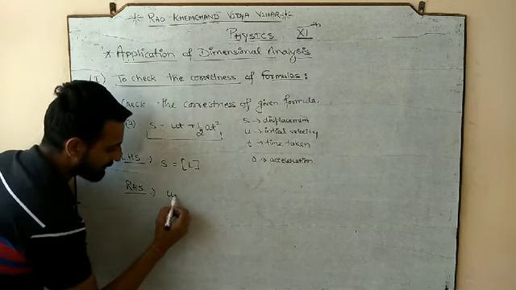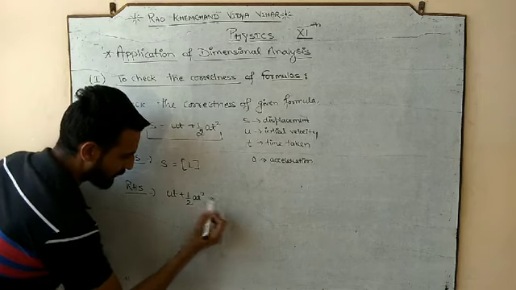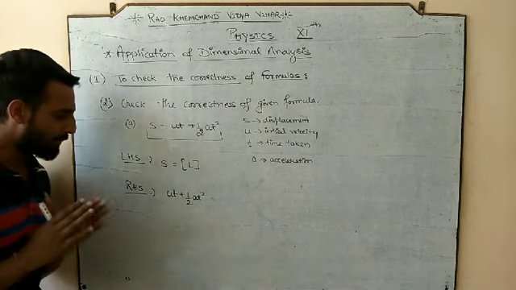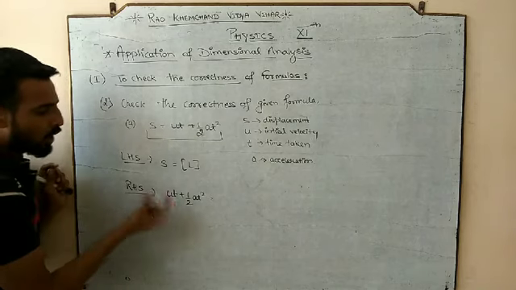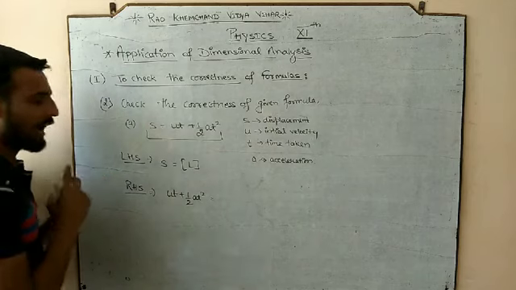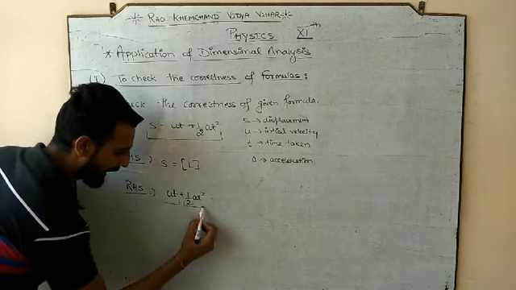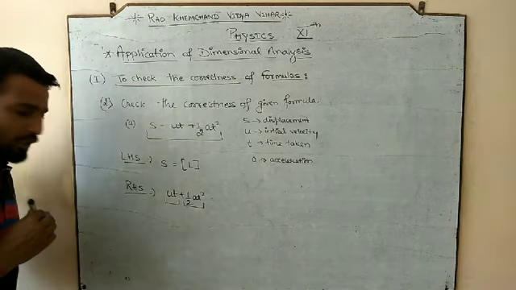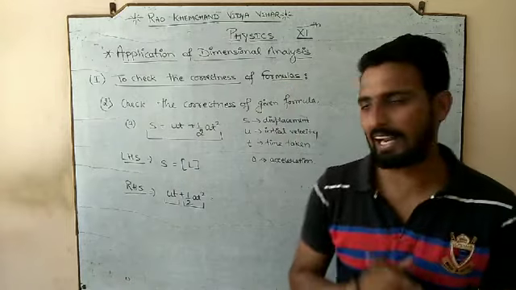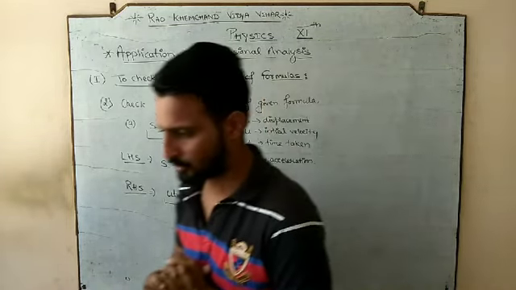So on RHS side we have ut plus half at square. So now there is something different. The different thing here is that on RHS side we have two terms. Please, how many terms do we have? We have two terms. Term number 1 and term number 2. So the first term is ut and the second term is half at square, and both the terms are adding, or might be यहाँ पे subtraction भी हो सकता है.